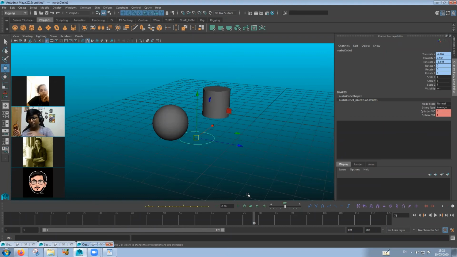For example, say I am on frame 1 over here, and I know that in blocking it's frame 20 over here, right? So what I'll do is I'll keep till 19, the phone parented to my right hand. On frame 20, I'll snap the parenting to the left hand. From then onwards, my left hand will control it. So you cannot be careless with the number of frames. You have to be exact about it.